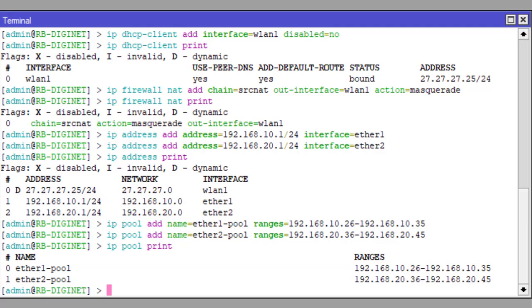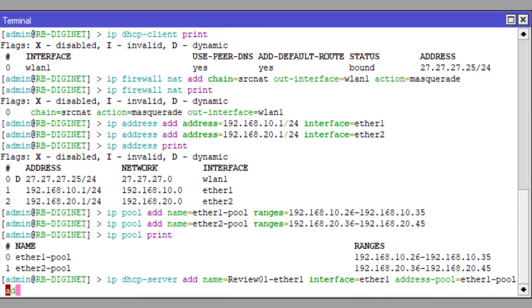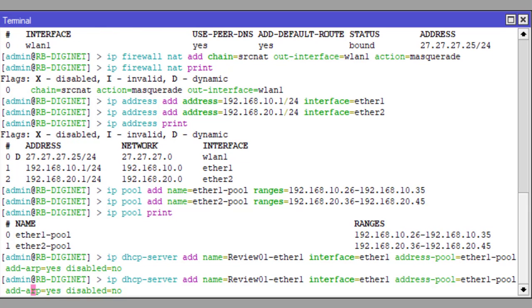After configuring the IP pool, I will configure the DHCP server with ARP. Use the command IP DHCP server add name review 02 script error 1 interface error 1 address pool error 1 pool add ARP yes disable no, and then next for the other one.